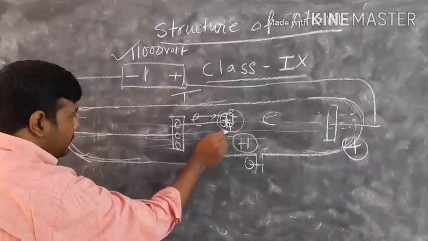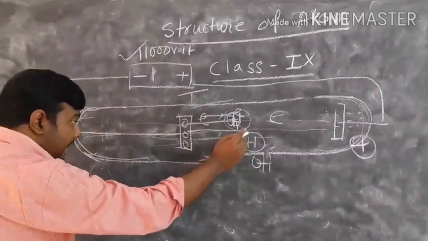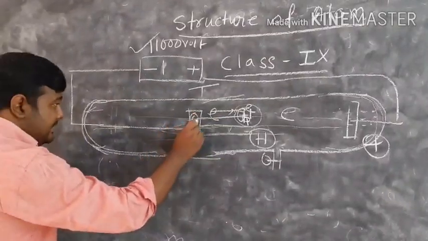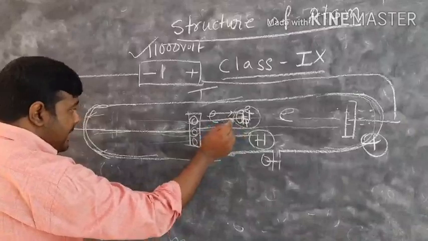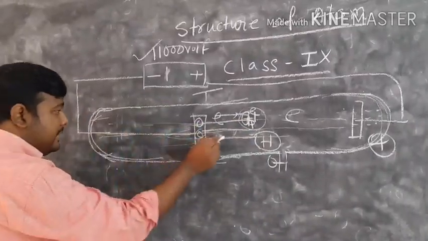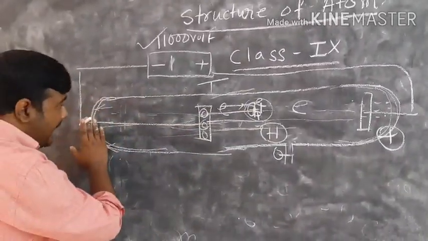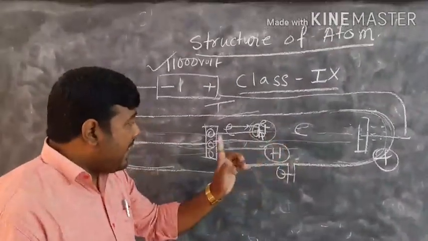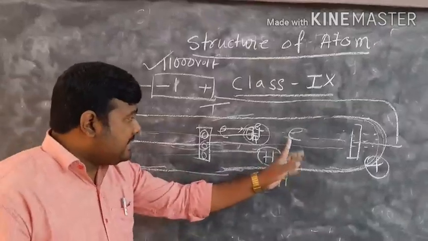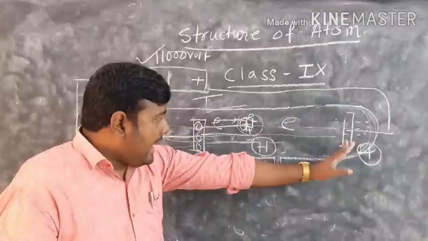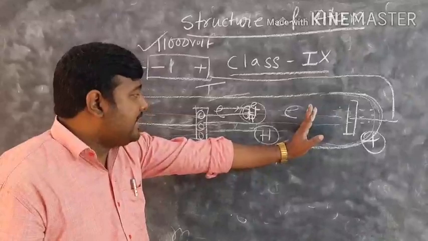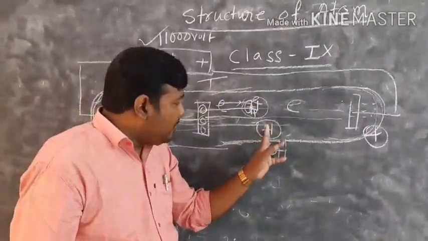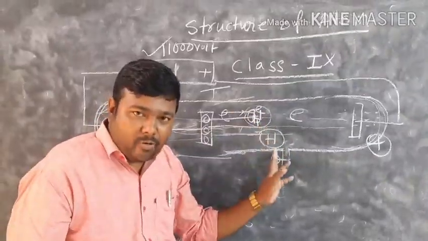This positive charge is attracted by the cathode with a greater amount of force, so it starts moving towards the cathode. As the attraction force is very high, it moves through the perforation and strikes the wall behind the cathode. So in this way, these anode rays, or positively charged rays, are not originating from the anode; they originate from the gas present inside the tube. But still it confirms that there is a positively charged substance present inside the atom.